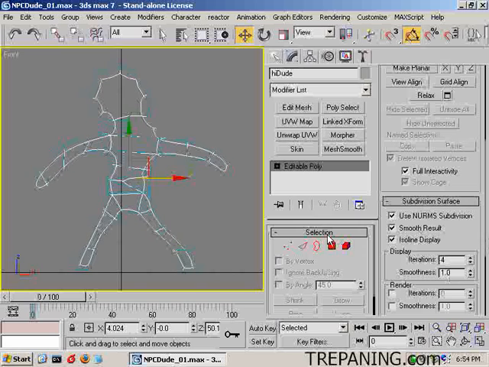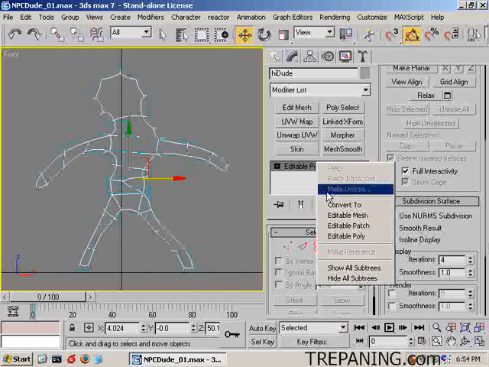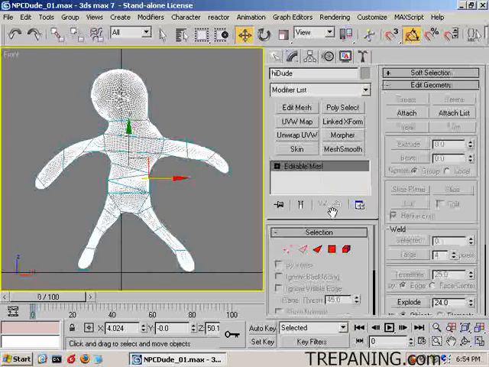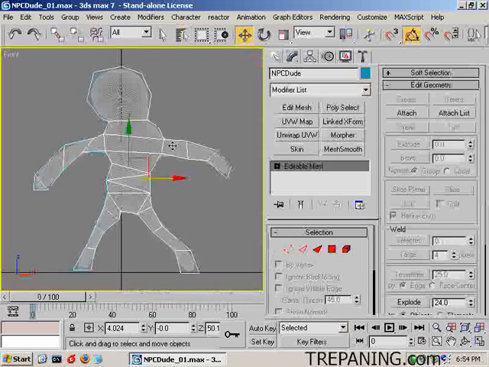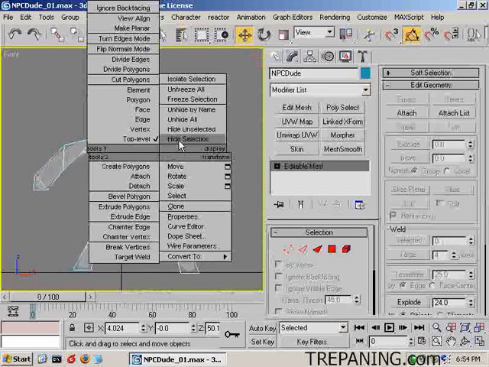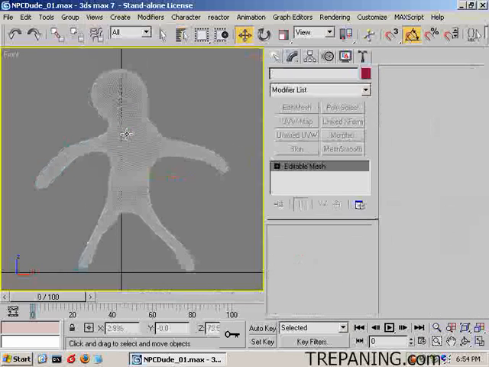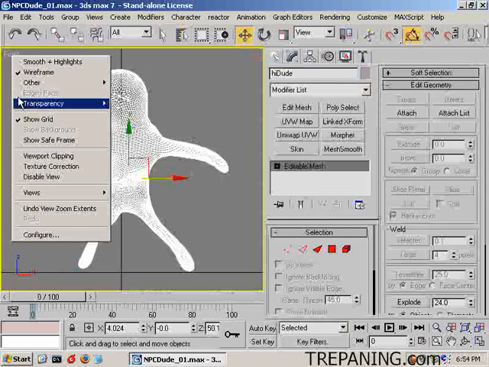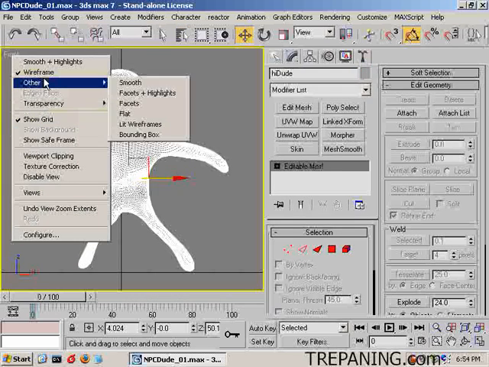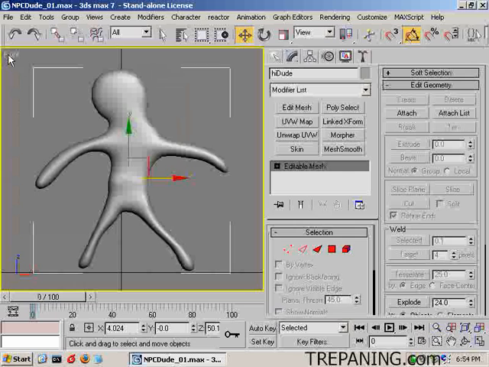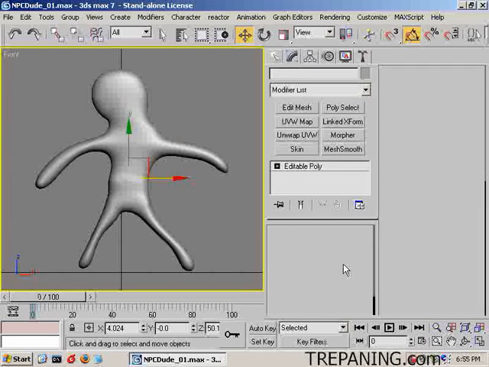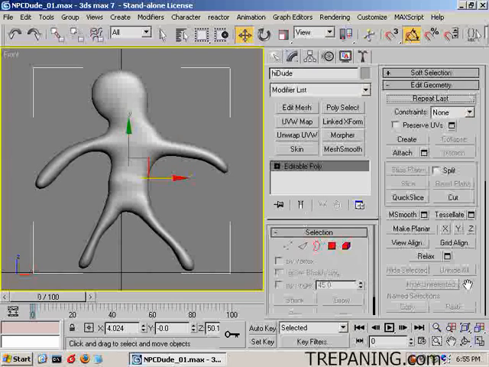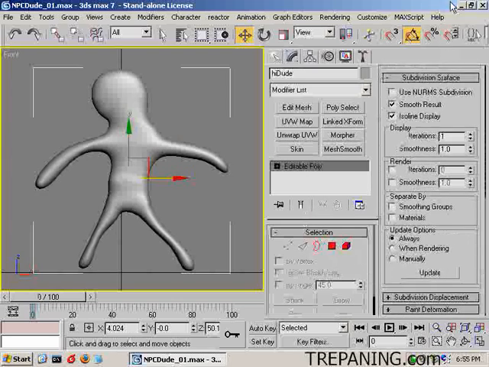Let it do its thing, and convert that back to an editable mesh, and we'll select the first one and hide it. Hide selection, and this big one here, we don't need the, I guess don't have a choice. Oh yeah, up here we could. We can now, I guess I still need it as an editable poly. So we'll go back to there, because what I want to do is,